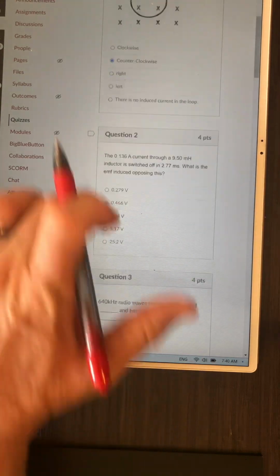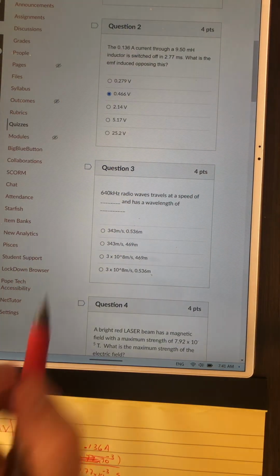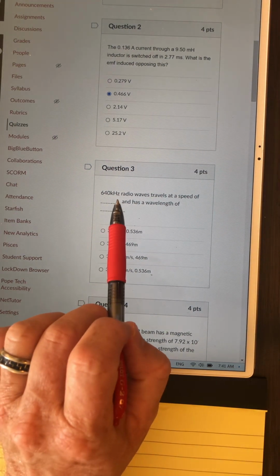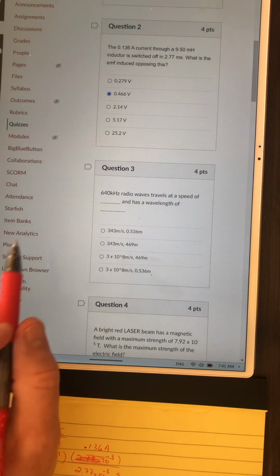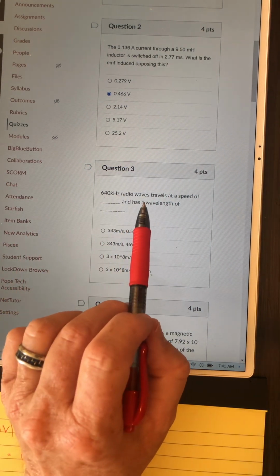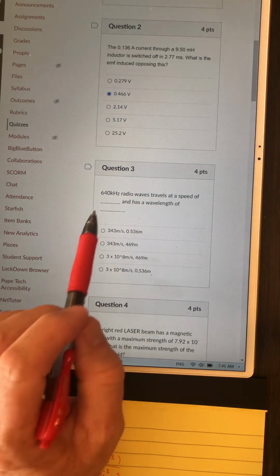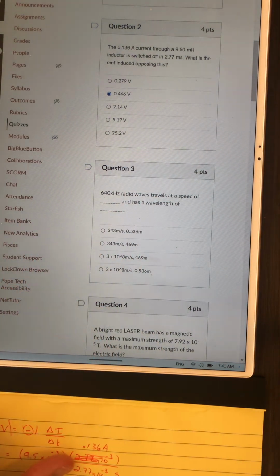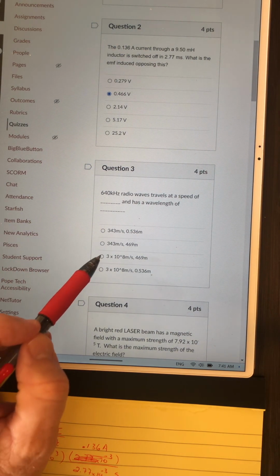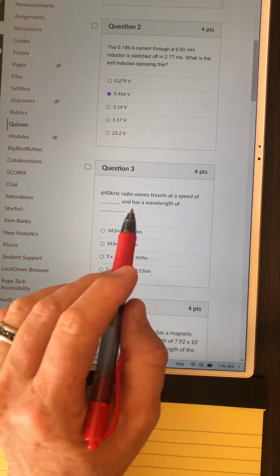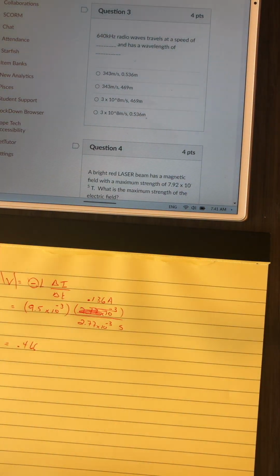Okay. Number 3. Number 3 says that we have a 640 kilohertz radio wave that travels at a speed of, well, right there, since they're radio waves, since they're electromagnetic waves, their speed would be the speed of all electromagnetic waves, which is the speed of light. And so that means we've got to be either a C or a D here. And it has a wavelength of, okay, well,